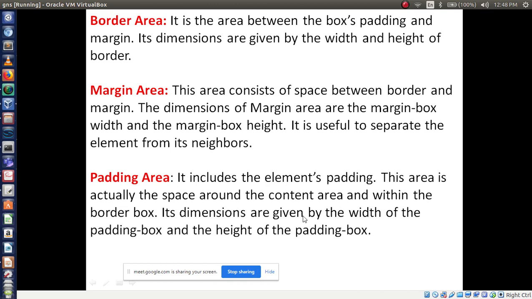Its dimensions are given by the width of padding box and height of padding box, width and height, right? So it is a brief explanation about the box model.